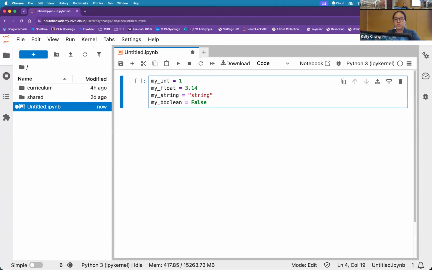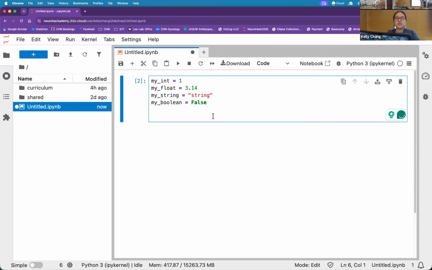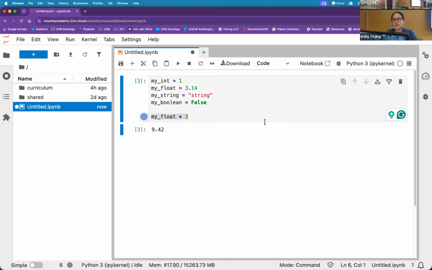And so the reason why we would like variables is because at the most basic, coding starts off with us for calculation purposes. So especially when we're talking about neuroimaging, we're doing a lot of math. So I'm going to use my float. You can use it in all your traditional calculator reasons. I can multiply. And if I run a cell, this last item that has not been assigned a variable will print out to me in the console.